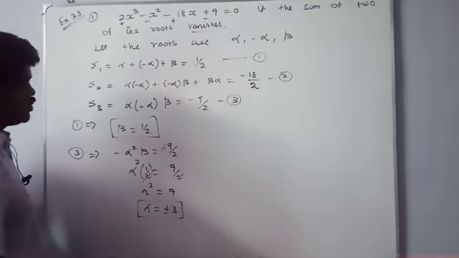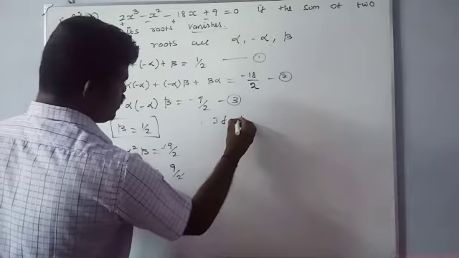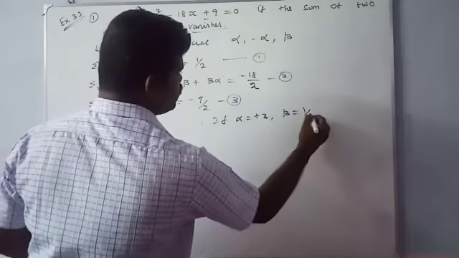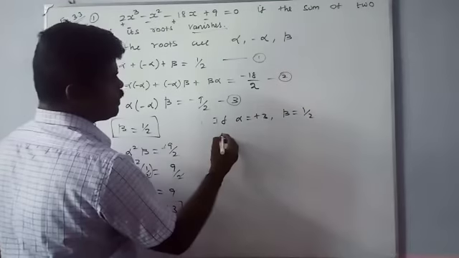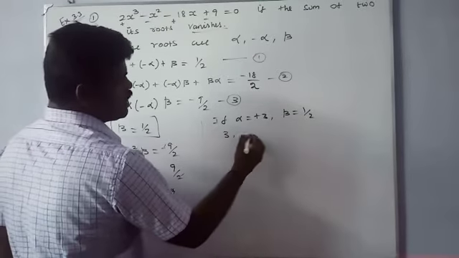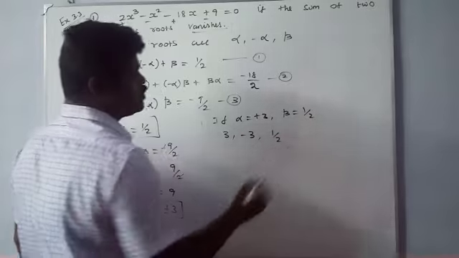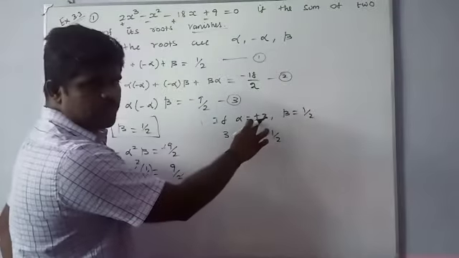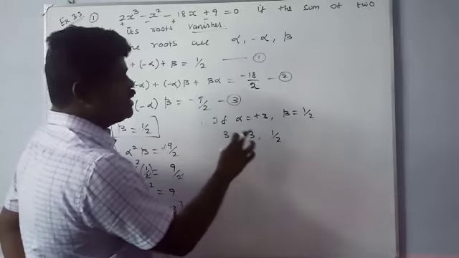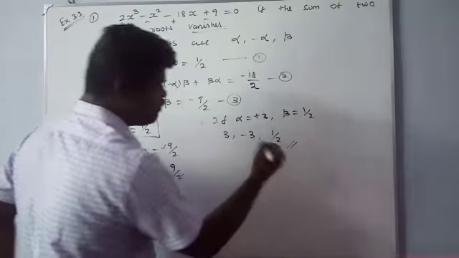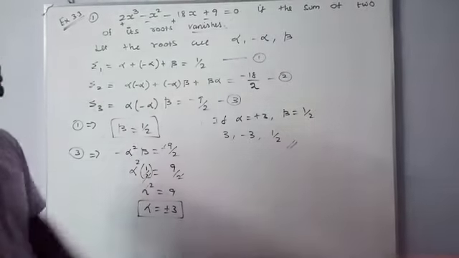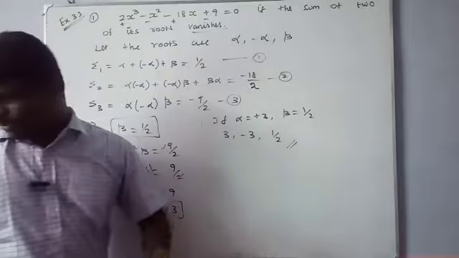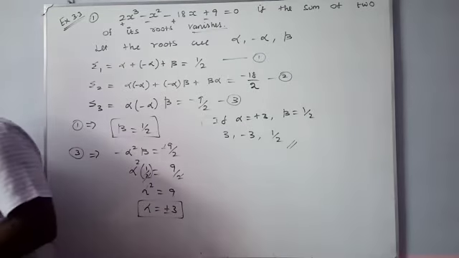Now we want to find the roots. If alpha equal to plus 3, comma beta equal to 1 by 2, what are the values? First plus 3, comma minus 3, comma 1 by 2. If suppose we take minus 3, the roots will come minus 3, plus 3, 1 by 2. Both are the same. That's why these are the 3 roots of the given equation. Okay, right. Refer the sum. Now we go to the another one.